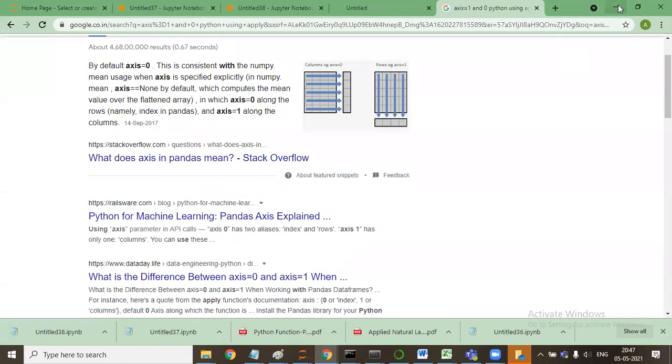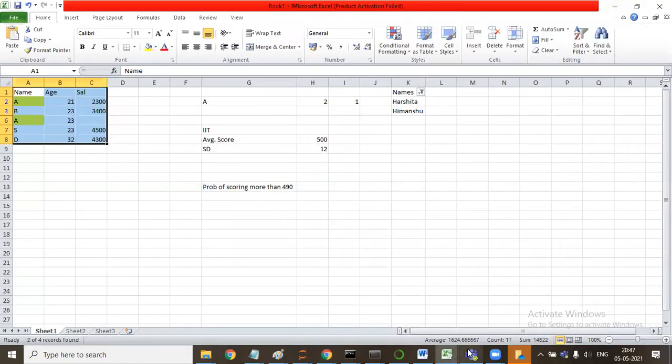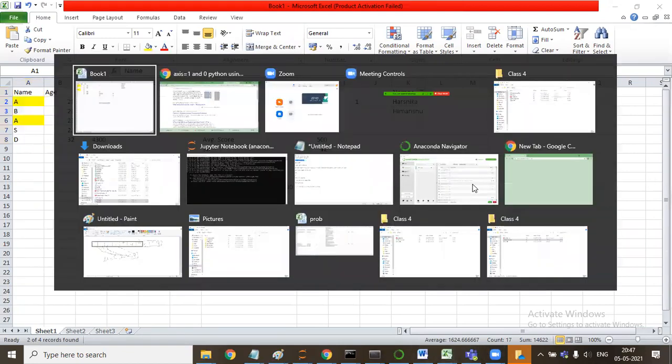Yeah, axis 1 is equal to, okay. Axis 1 is a row, axis 0 is column. Normally I forget this all the time.